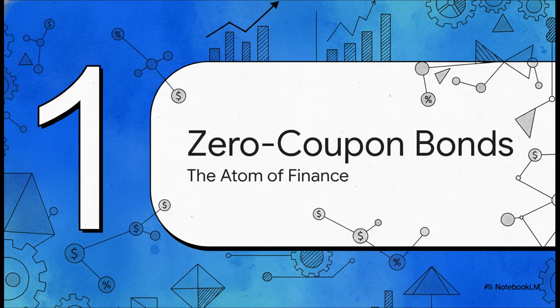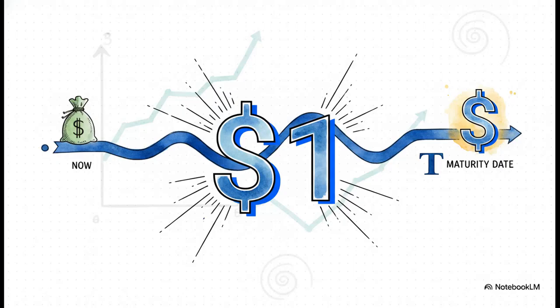Section 1. Zero coupon bonds. The atom of finance. So, to understand massive, complex financial structures, we really need to first isolate the fundamental building block. And honestly, it's kind of fascinating how simple this foundational concept actually is. A zero-coupon discount bond is literally just a promise. It's a promise to pay exactly one single dollar at a future maturity date, which we'll just call T. And that's it. No intermediate payments, no complex terms, just a single dollar in the future,